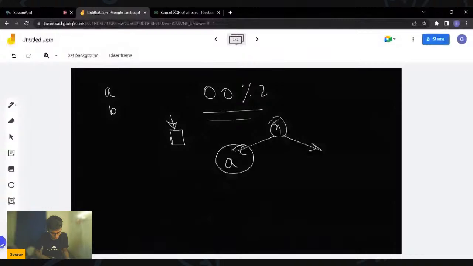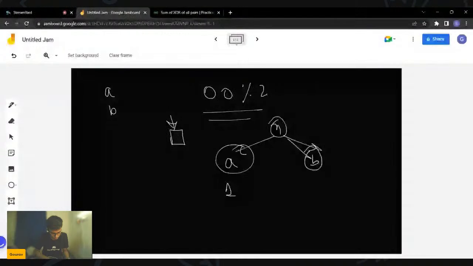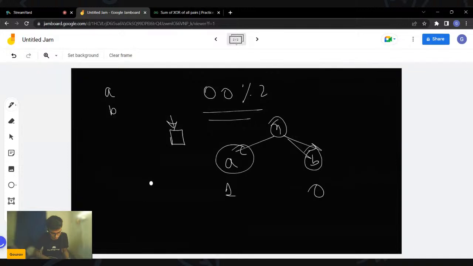Now let's say you take a particular number from group A, and you XOR that number with each and every element of group B. What will happen? Since the zeroth bit is set in group A and unset in group B, the XOR of these two elements will be equal to 1. So how many combinations can you make from group A to group B such that all possible pairs are taken care of? If there are A numbers in group A and B numbers in group B, for every element in A we are XORing it with every element of B. And the XOR of these two numbers at that bit is nothing but 1.